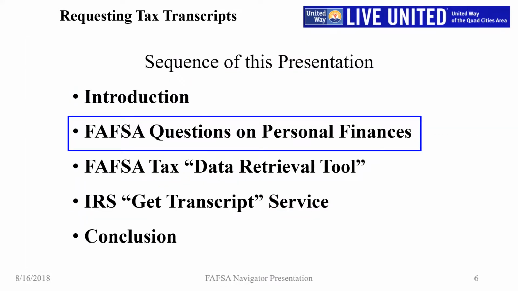Why would you need information from your most recent tax filing documents and other personal financial information? Because the FAFSA is to assist the U.S. Department of Education in determining if there is a need to provide financial assistance to support someone's higher education, because expenses are bigger than students' and families' resources.